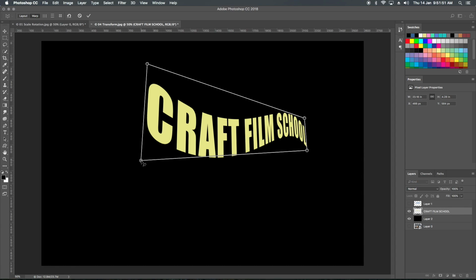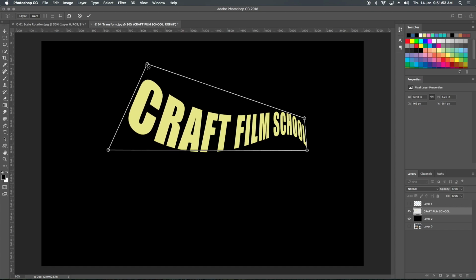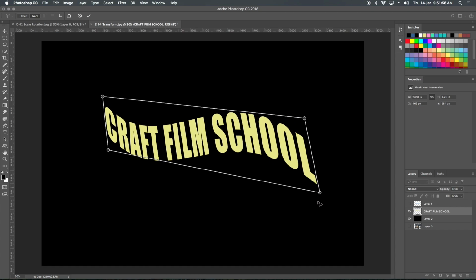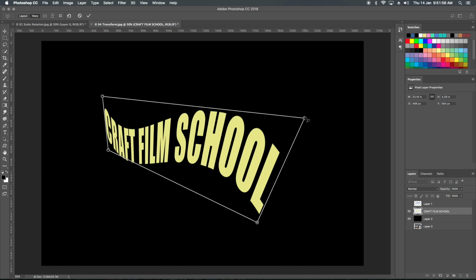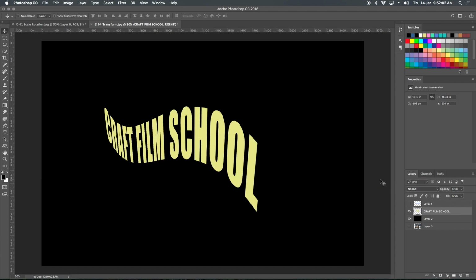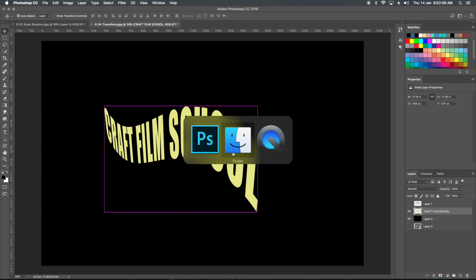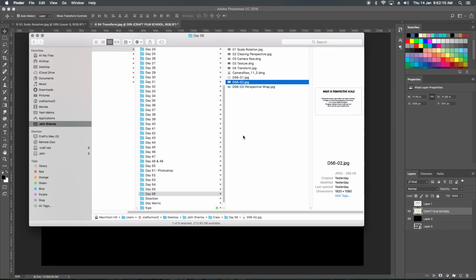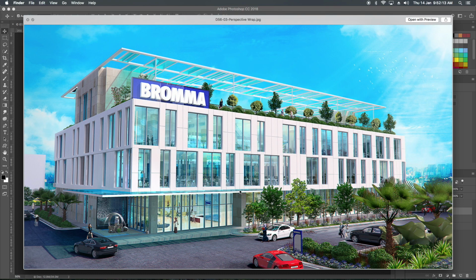We look, the text is the same, but we are able to change it in any shape. So let's press enter. So this is the perspective movement. We'll see this one in this image now, how we can change the perspective even in still images.